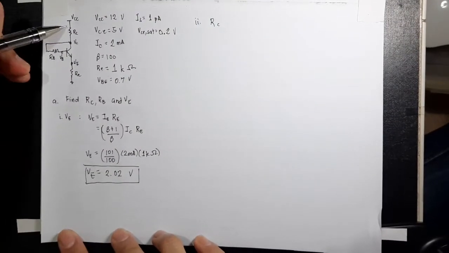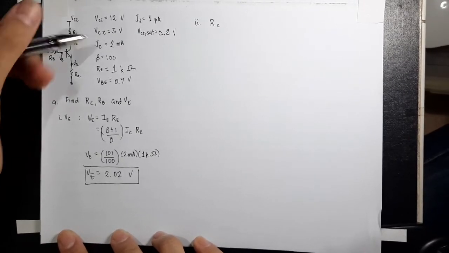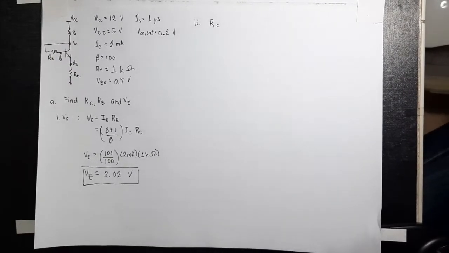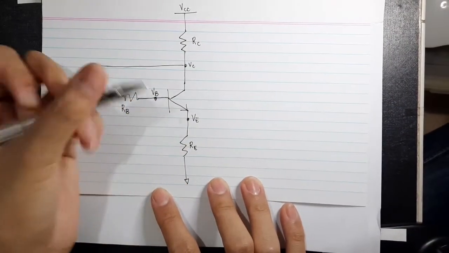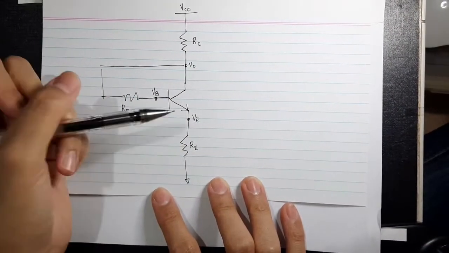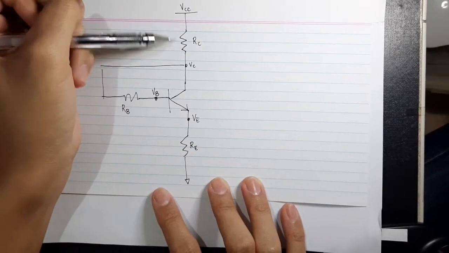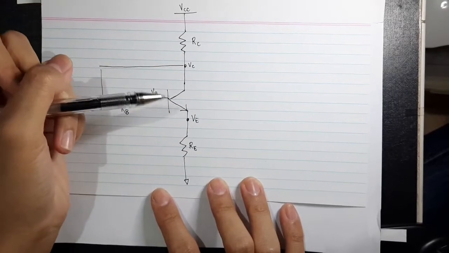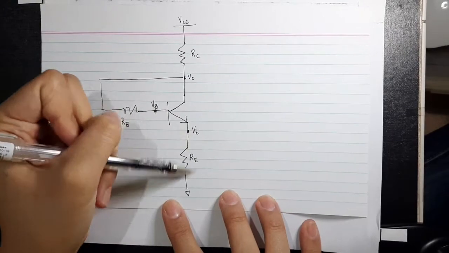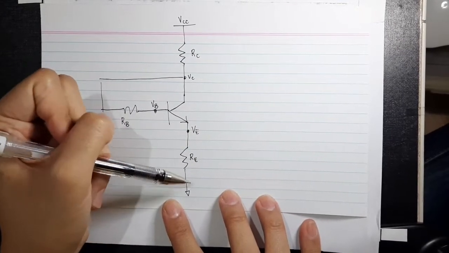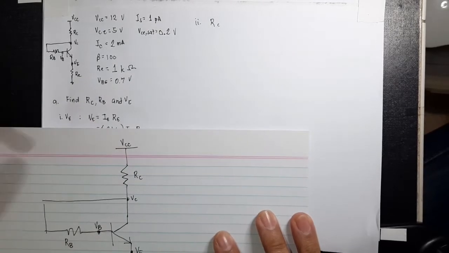Since we are given the value of VCE, and we already know the value of VE, we can find the value of RC, since VCE is given and VE is calculated. So since we know that